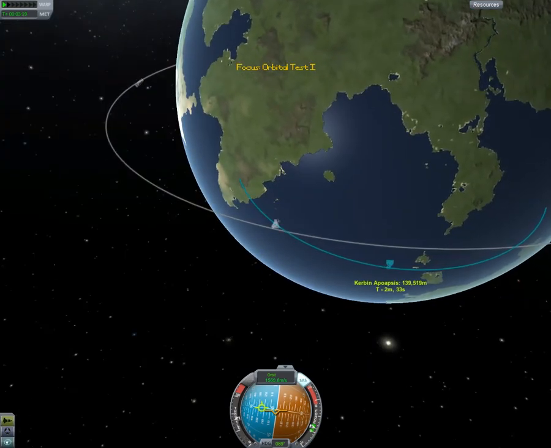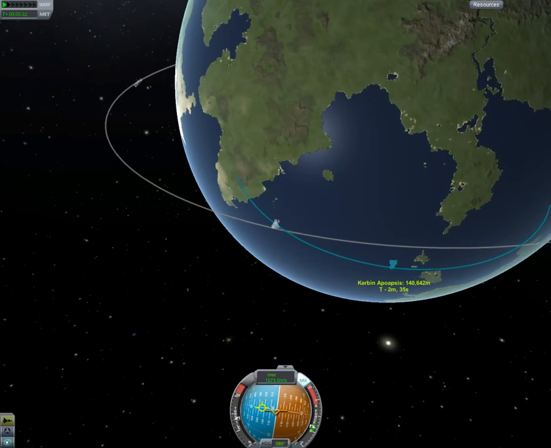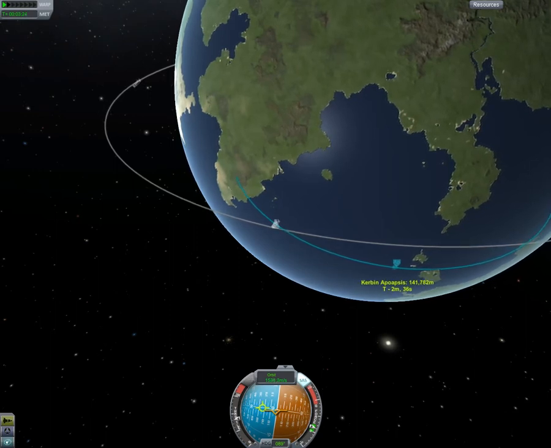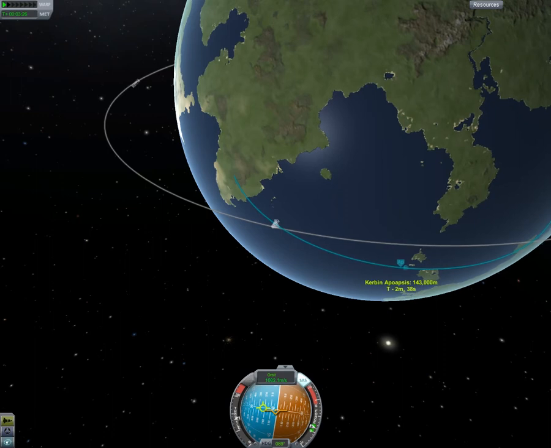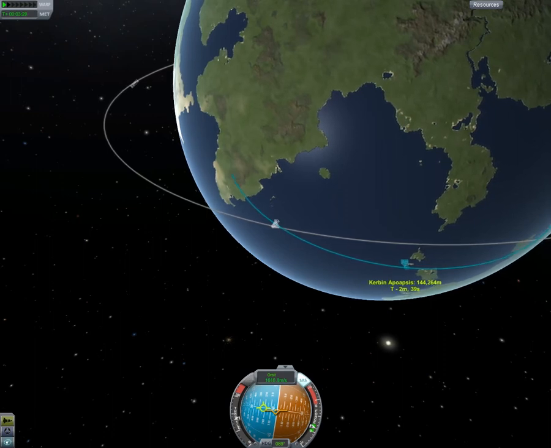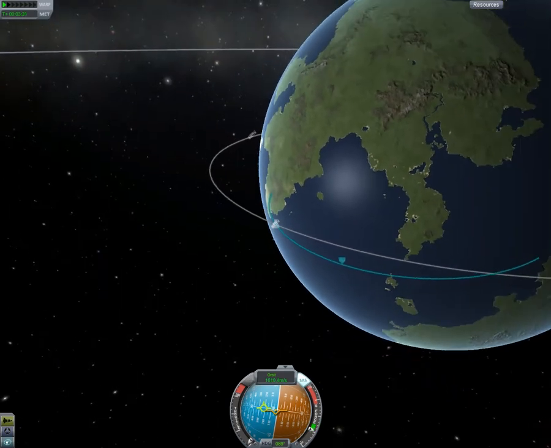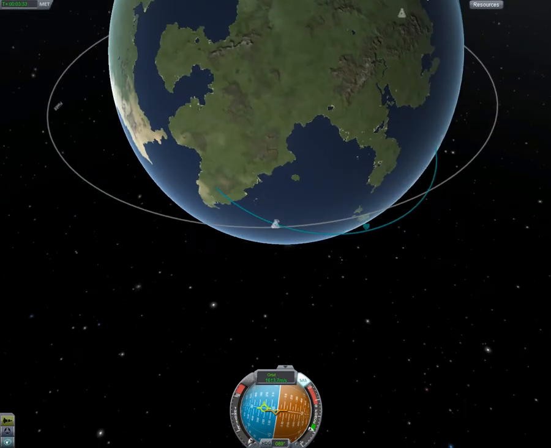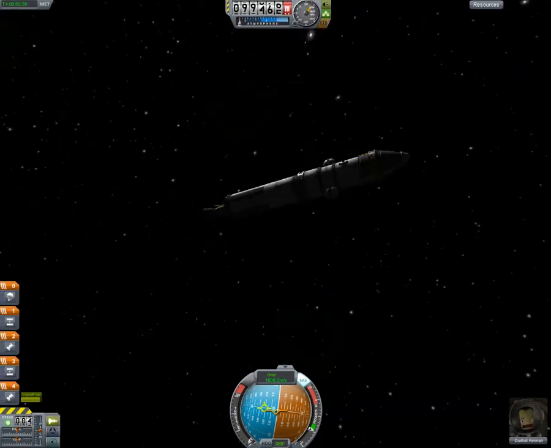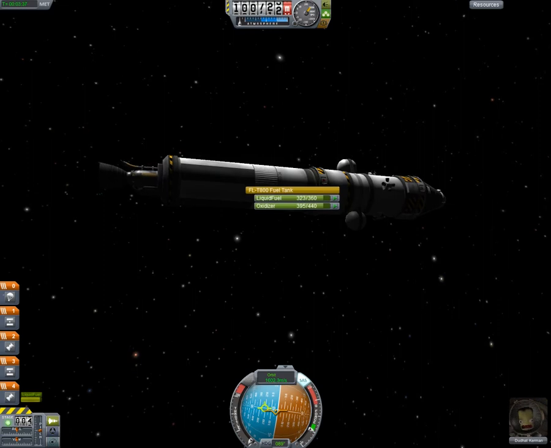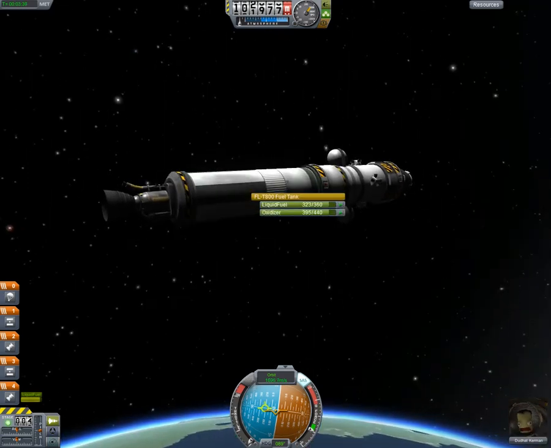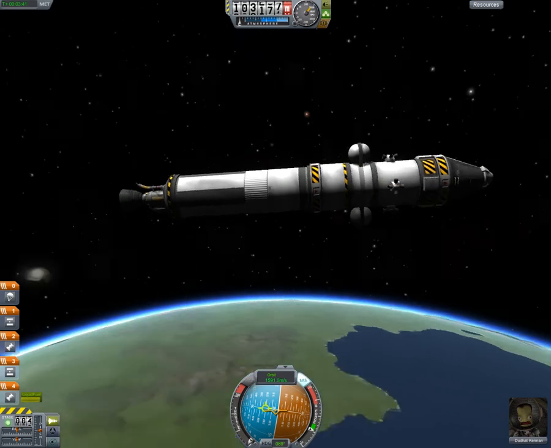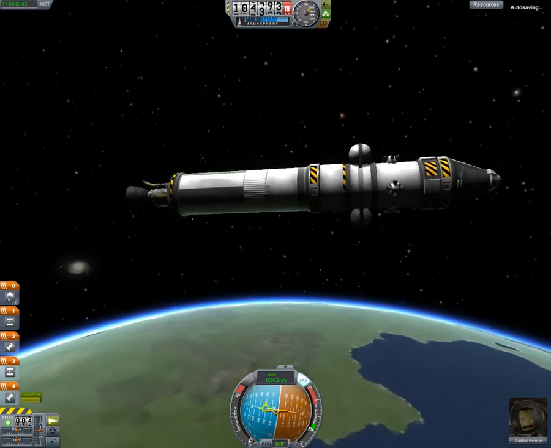Alright, so my apoapsis, which is the high point, I always forget, I mix up periapsis and apoapsis, I always confuse them, is going upwards around 140 something. So let's kill our throttle by pressing X. And I still have pretty much all of this second stage fuel supply. And I still got all the fuel in here, because it's only going to pull from the one tank,